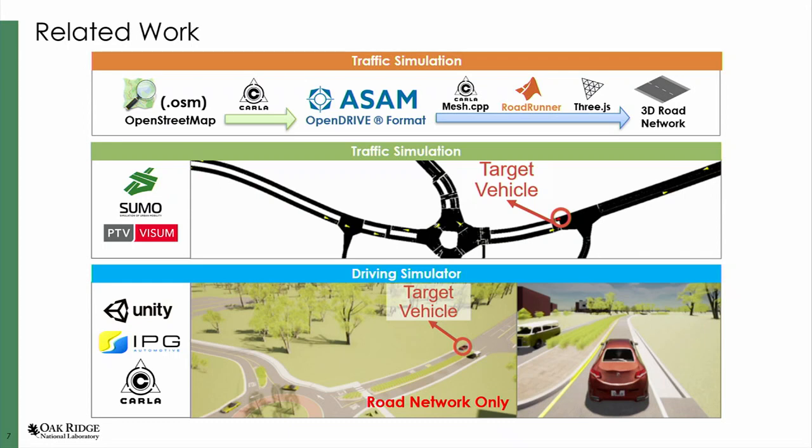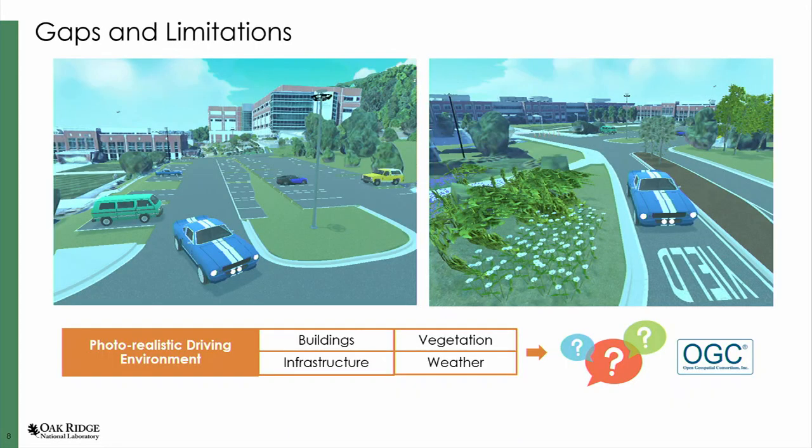And then you could import both the OpenDRIVE file and the 3D network generated from the previous step into different simulation software like SUMO and VISSIM. And then after generating the simulation scenario, you can import the entire thing into the driving simulator enabled through IPG, CARLA, or Unity. So what's missing is how do we generate the surrounding environments using a very low-cost, adaptive, and